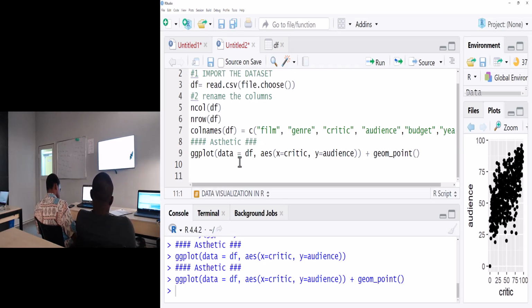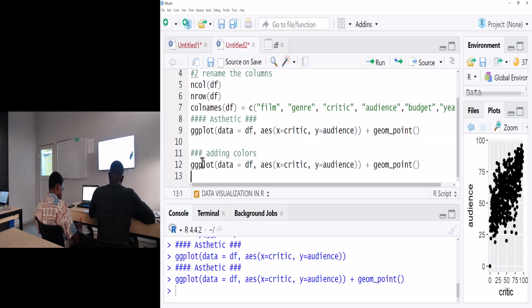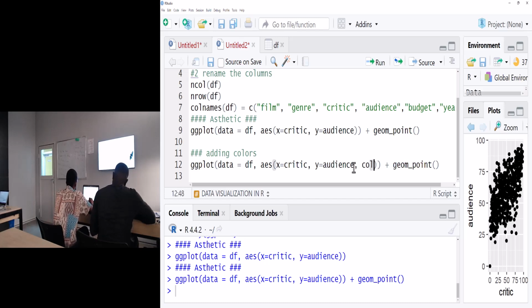Okay. So since we've cleared the air on mapping and setting, let's look at adding colors. So what I will do is I'll copy the same thing just to save time, and I'll paste it here. So this time around, if I do this, if I say that the color should be equal to green,